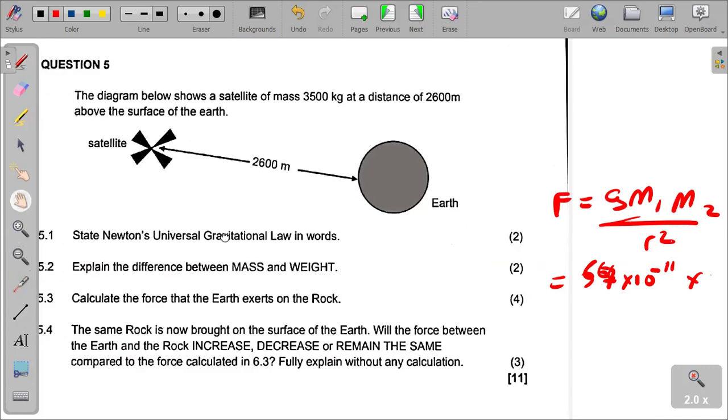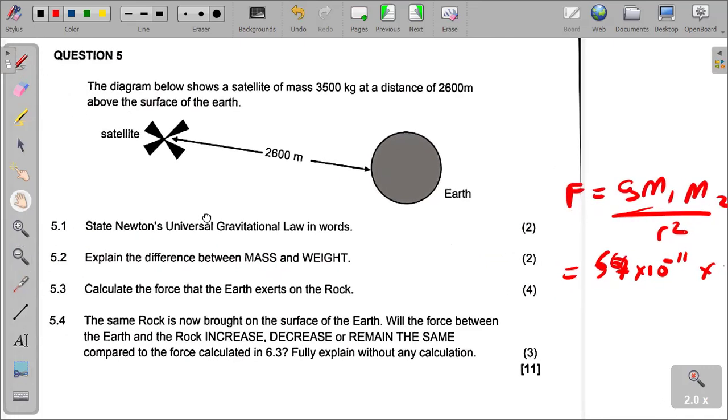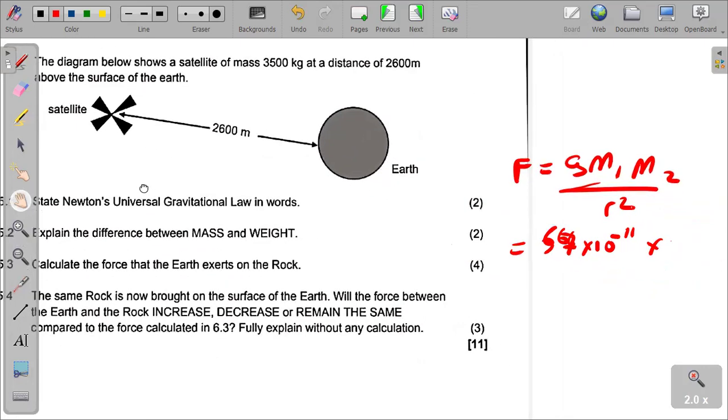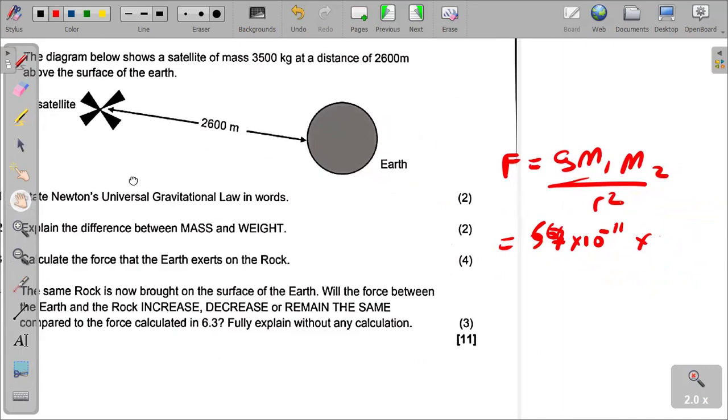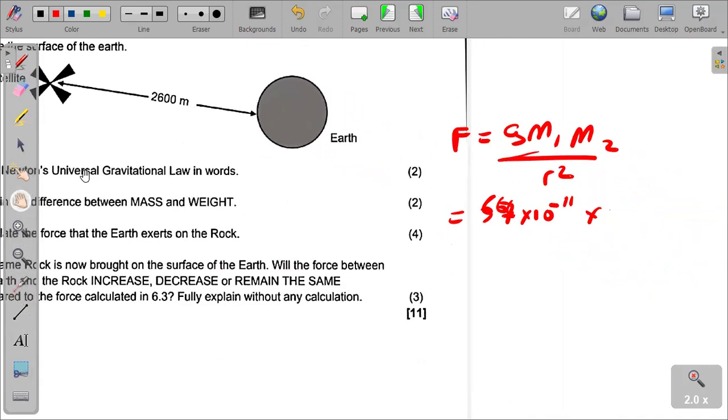It was supposed to be the satellite there. So we are saying that 3,000 what? 500. Apparently that's an error there. So that's 3,500